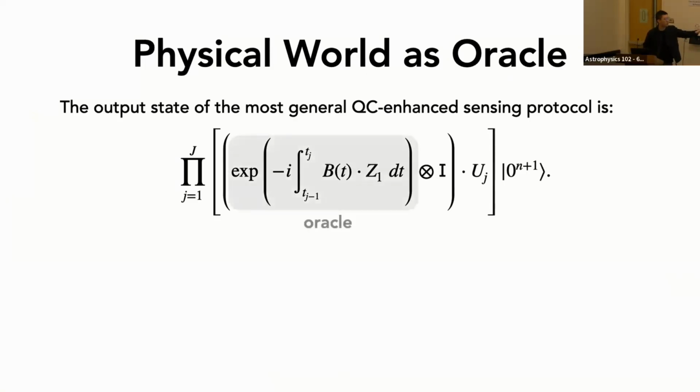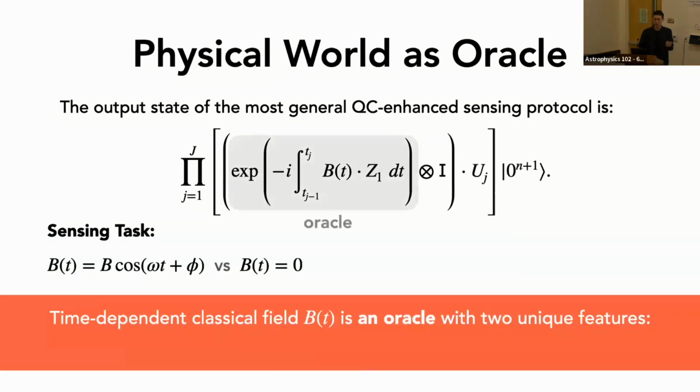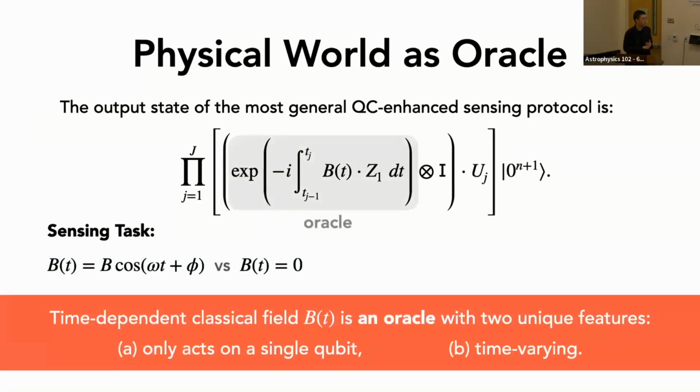But basically, we can already think of this classical field as some kind of oracle. But it's not a standard oracle that people study in complexity theory. It has two unique features. One is that it only acts on a single qubit, so it's a single qubit oracle. And furthermore, it's time varying. So it's like a time-varying single qubit oracle, which is very different from the standard oracle